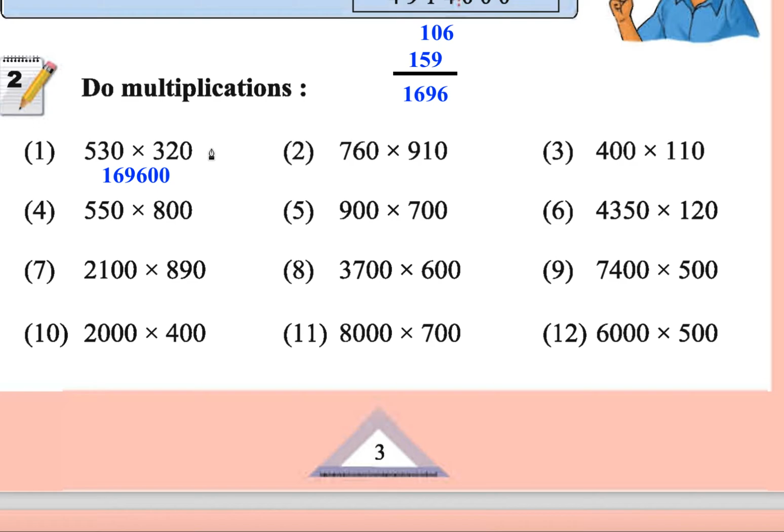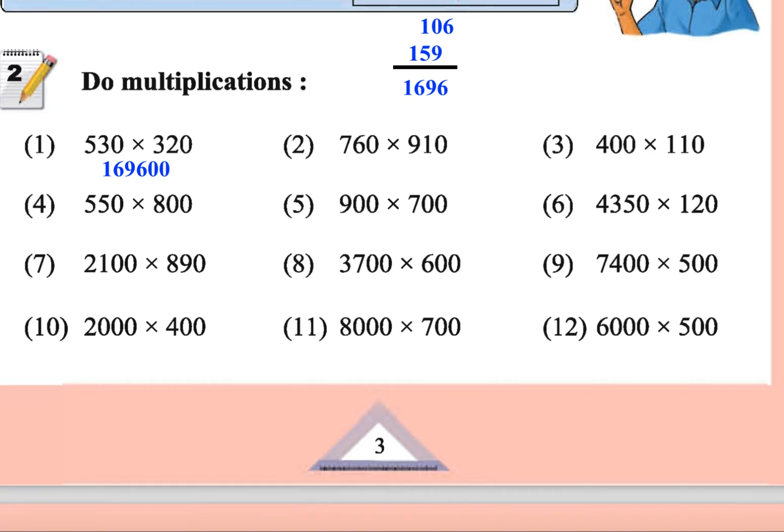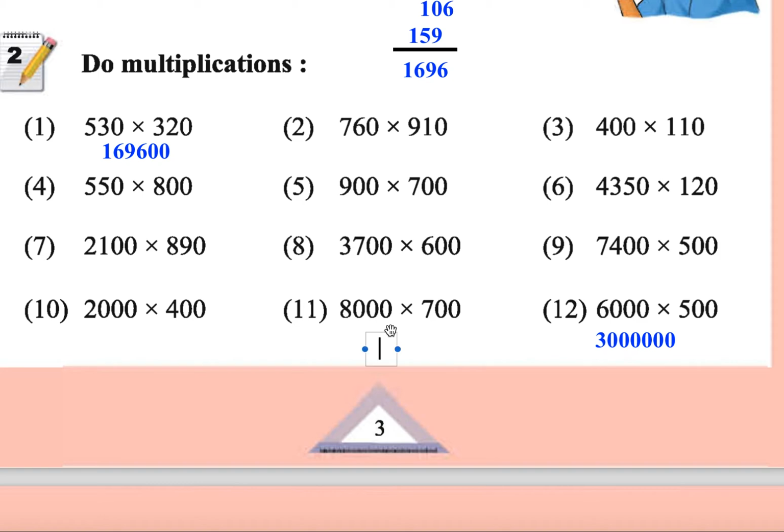Okay. From what we learned before, can I write directly the answer of this? Yes. 6 5s are 30. How many zeros are left out? 3 plus 2, 5. Those 5 zeros will come here. 1 2 3 4 5. Okay, 30 lakhs. What about here then? Can you write it directly? Yes. 56. How many zeros left out? 5 zeros. 1 2 3 4 5. 56 lakhs. Okay.